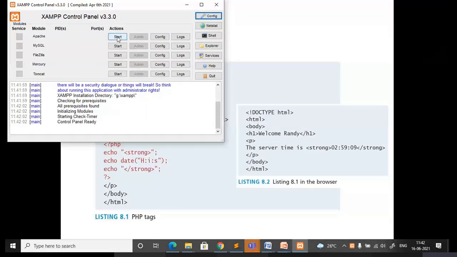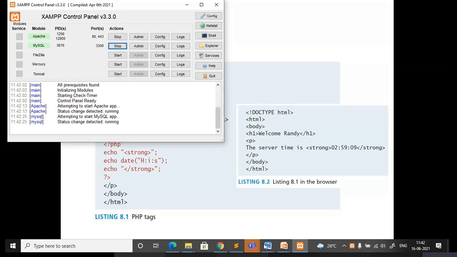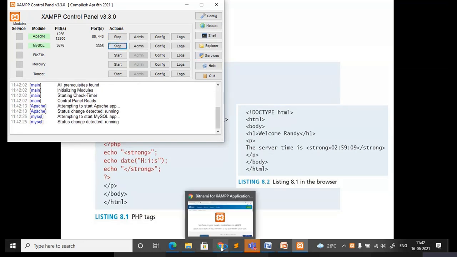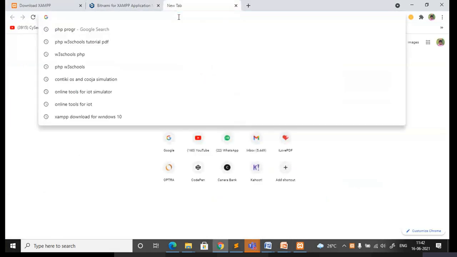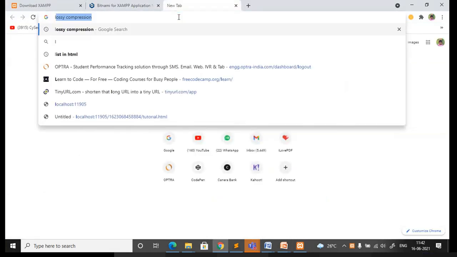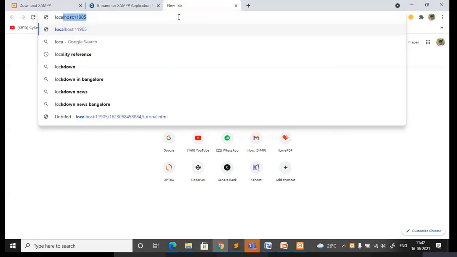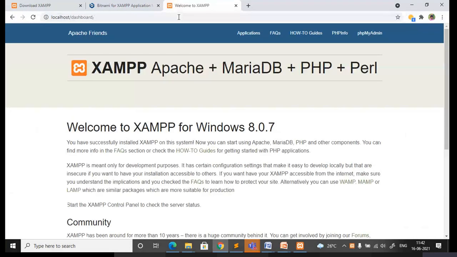Now the Apache server has started executing. It's running. Similarly, if you are using the MySQL database, you can run that here. To check whether the software is installed successfully or not, just go to the URL and type localhost. If it is installed successfully, you will get this page.